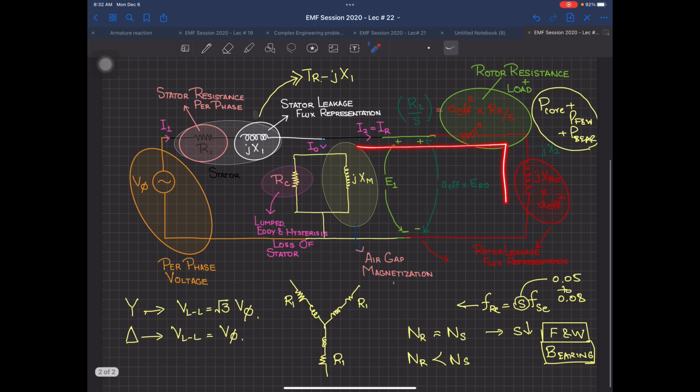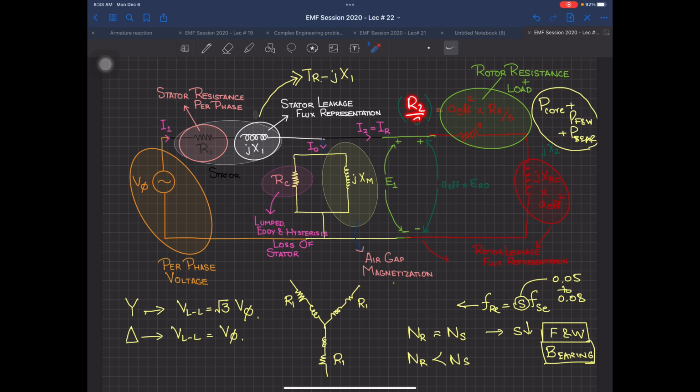Then this part is the rotor, and it is short circuited. When we referred it to the stator side, we had A effective squared multiplied by RR by S, which we represented as R2 by S. Whenever a numerical is given to you, you will be told only R2, that will be the referred value. You won't be given A effective. Almost every question in this chapter gives you R2 directly, and you will be told to make this circuit for a specific S value.